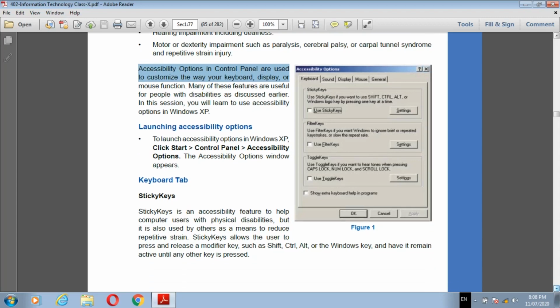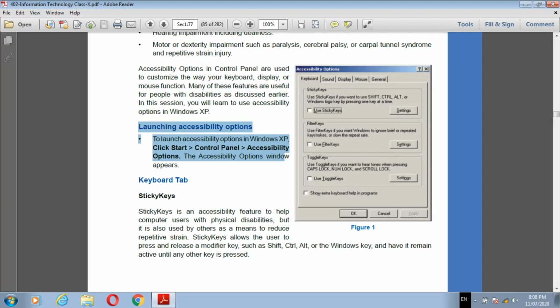See how it can start. There is a step, launching accessibility options. How does it start? Click start, control panel, accessibility options. The accessibility options window appears. Then how it starts we will see now.